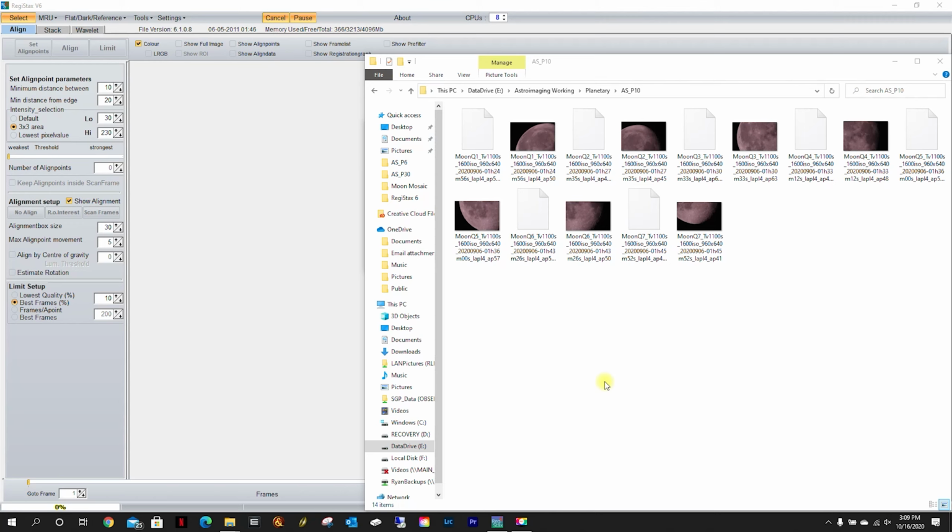Hello and welcome back to my Astro Imaging Journey channel. In the last episode I left you with the stacked images, and now we're going to actually combine them. We're going to merge them into a single mosaic image, and I'm going to try to accomplish this in one of two ways. The first one I'm going to use is the Windows Image Composite Editor, I believe. It's a free tool from Microsoft,